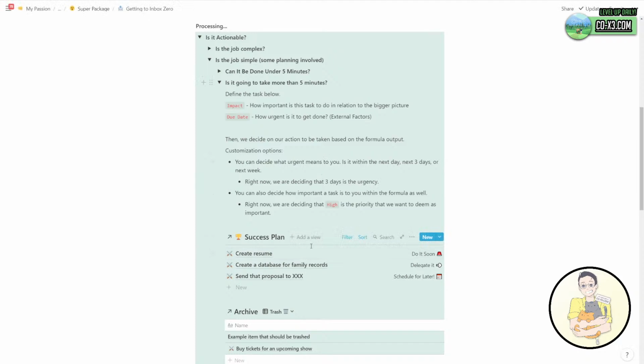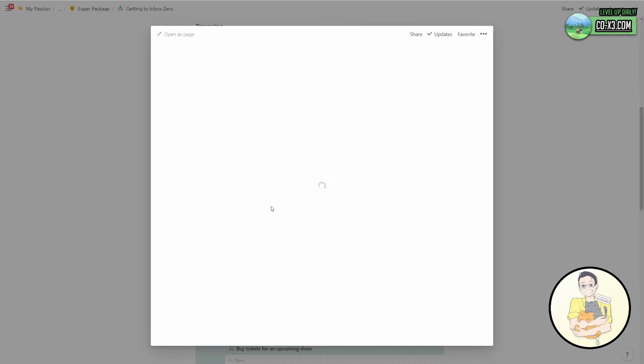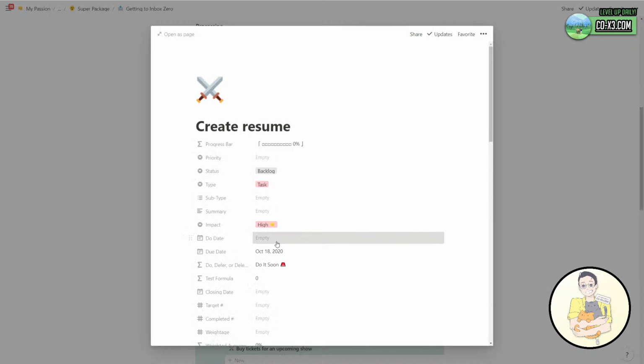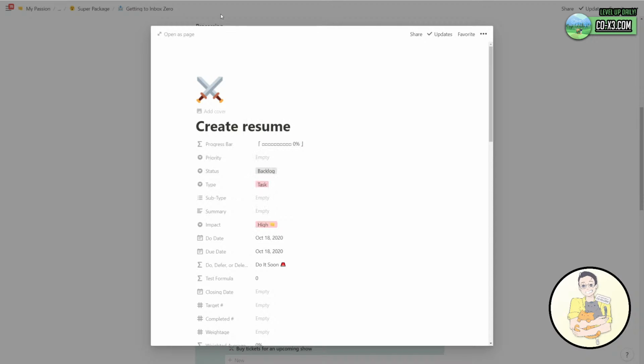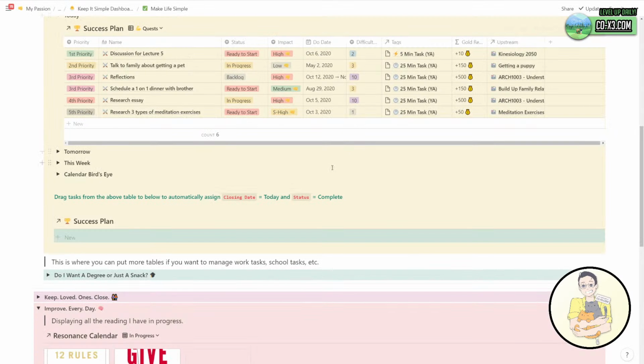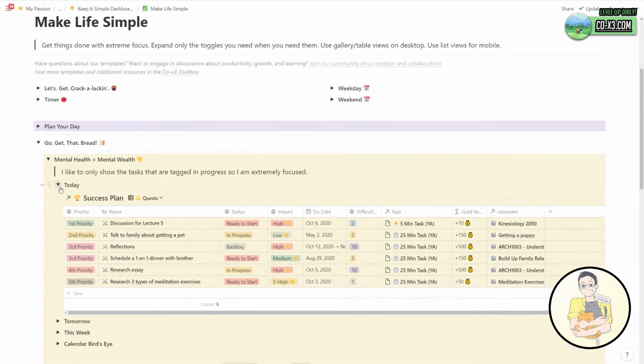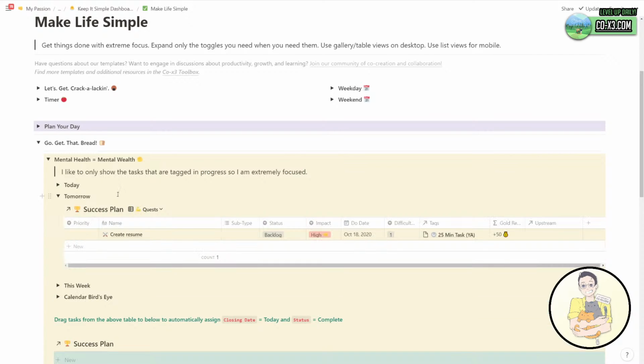So what you would do from here on out is start scheduling it. Well, I'm going to schedule the due dates. I'm going to do it tomorrow, the day after. And let's say I do decide to do it tomorrow. Then instantly, if I go to my Make Life Simple dashboard, I can see in my tomorrow view, look,